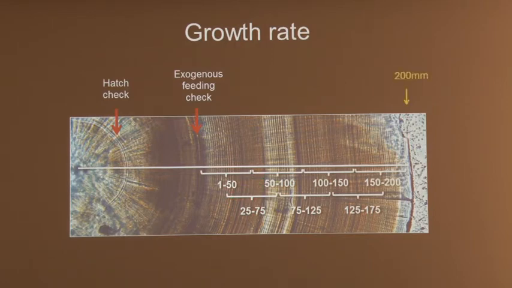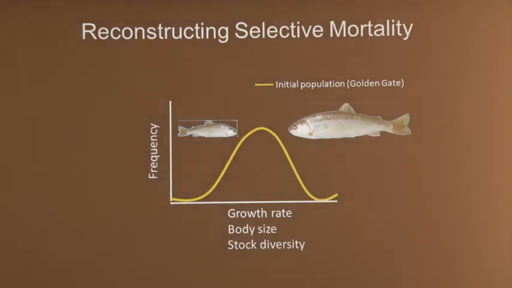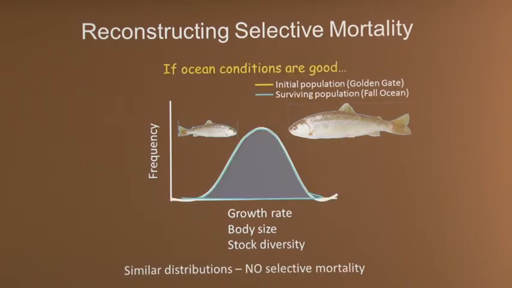And the idea of the study that's been just coming out in Marine Ecology Progress Series, we'll have the citation in a couple slides, is that you can get an idea about size selective mortality, which is probably driven by predation, by looking at the distribution of something, say, the size at age or the growth rate at some age of a population at its entrance to the ocean, and then come back later for the survivors. And if there's been a shift in this distribution, it would indicate size selective processes going on in whatever your measure is.